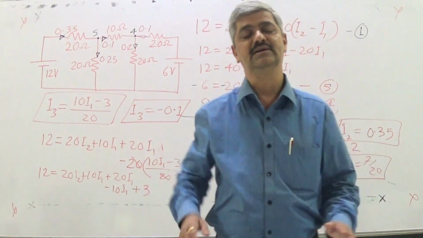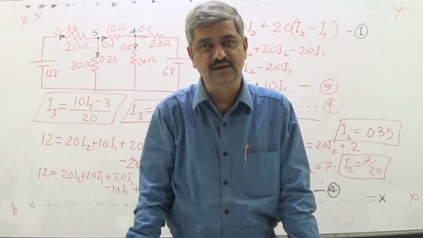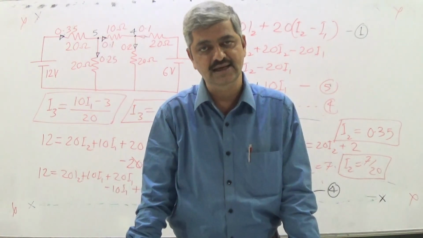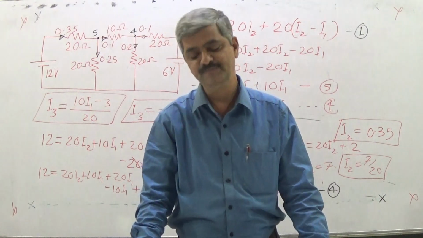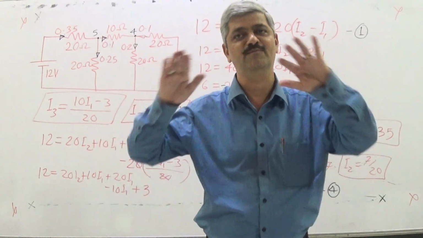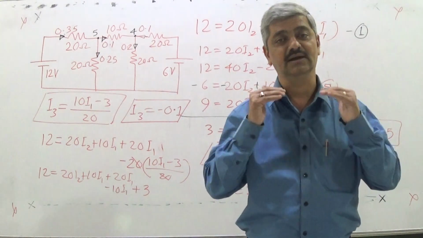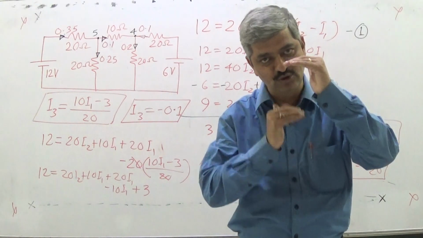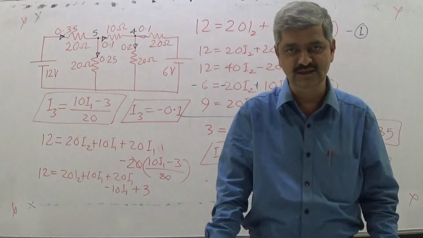Remember that Kirchhoff's and Ohm's laws are quite sufficient to find out current in any circuit which consists of any number of voltage sources and any number of resistances. Only thing is that as the circuit becomes bigger, as number of voltage sources are more, as number of branches are more, the number of current variables which are required goes on increasing. Those many equations we have to construct, so the problem goes bigger in size, and to solve it manually it may take some time.